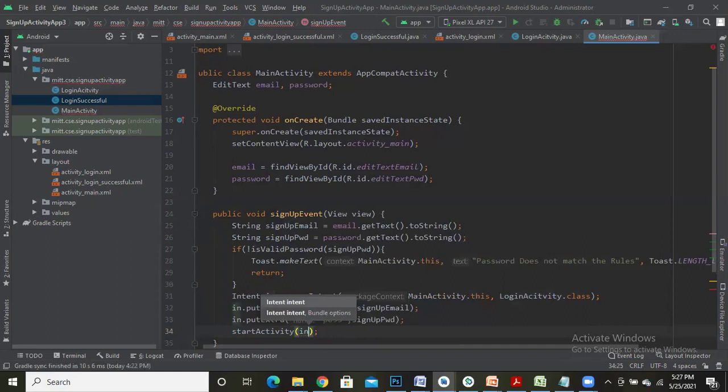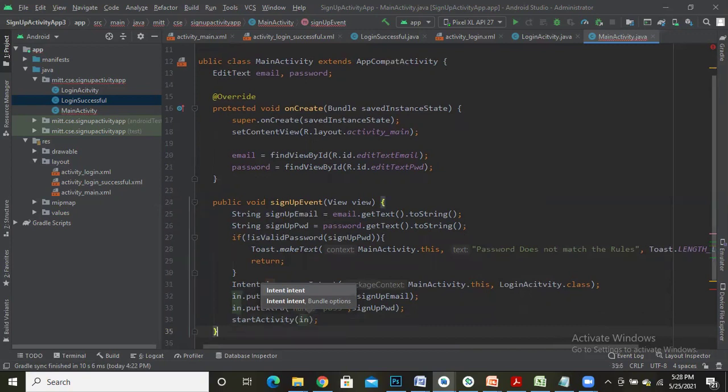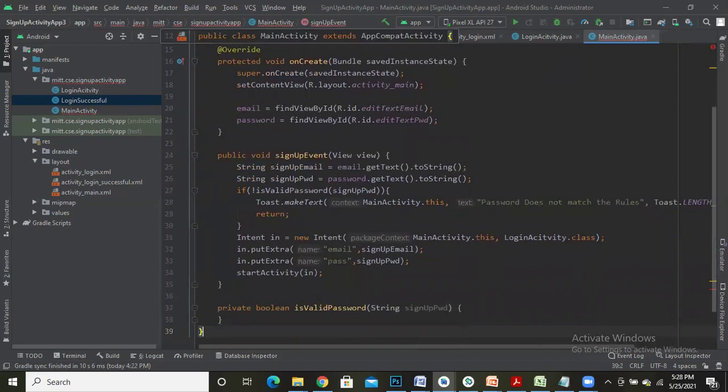Now the intent is going to navigate to the login activity with 2 data. What are those 2 data? One is the email, another one is the password, which we had entered in the first activity, the sign up activity. Now one more important thing we need to write here is isValidPassword. So we need to write code for validating the password in isValidPassword.